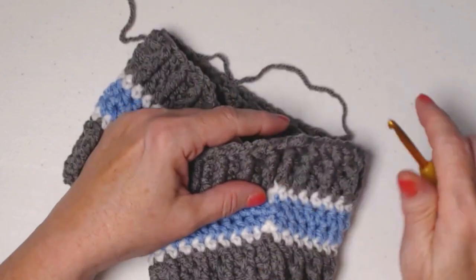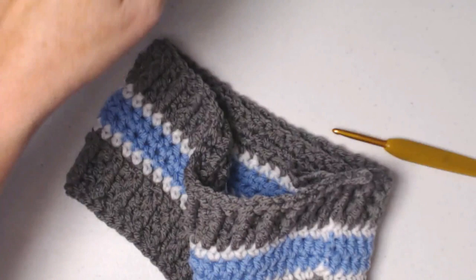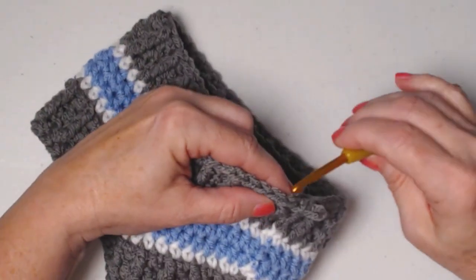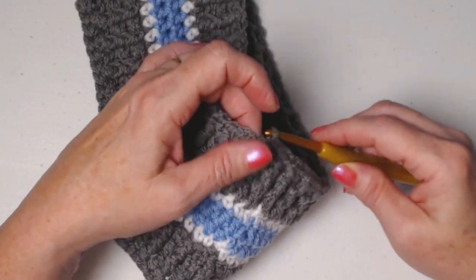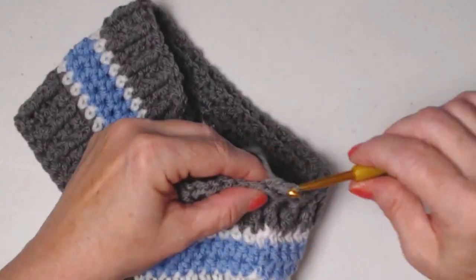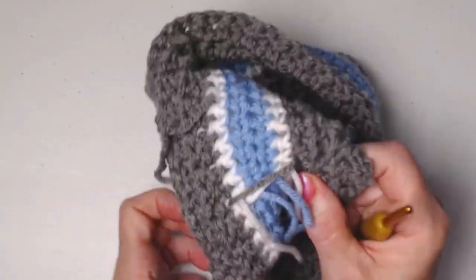I joined to the chain 3. I'm going to cut that yarn. We're going to go in that next stitch and pull that loop to the inside so it has a nice tidy look on the front. And now we're going to open up the inside, and I want to show you how to weave these ends